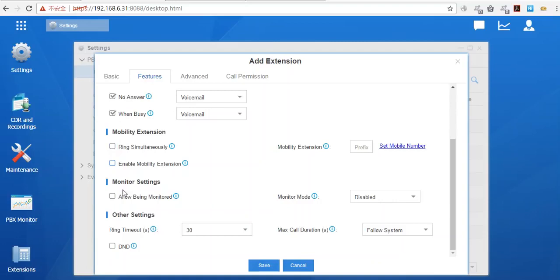And here we have monitor settings. This is actually very interesting. In monitor mode, this extension can monitor phone calls of other extensions, or it can be monitored by other extensions. In monitor settings, we have two configurations. The first one is allow being monitored. Very easy to understand: if you check it right here, this extension can be monitored by other extensions. If you do not check this, then nobody can